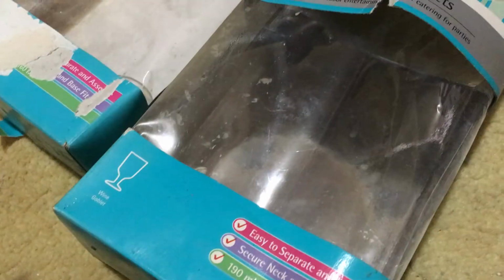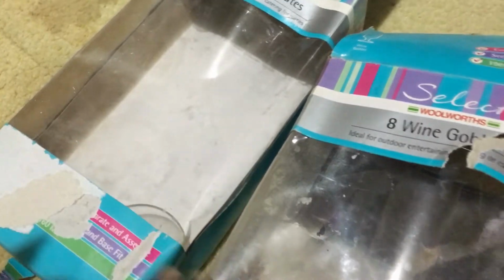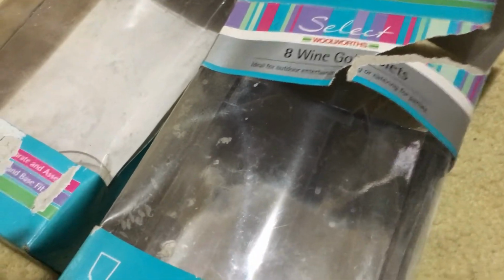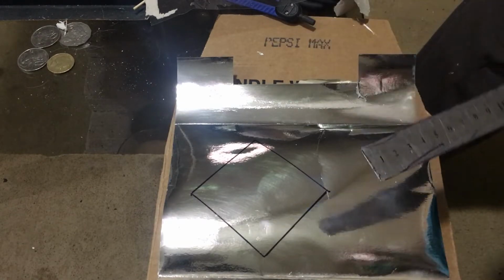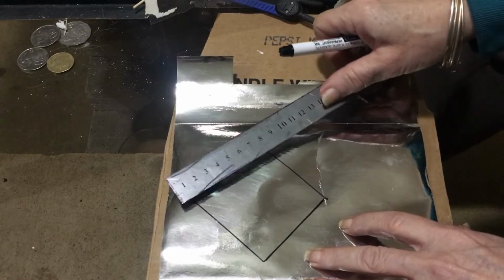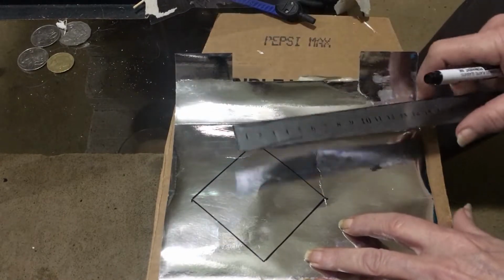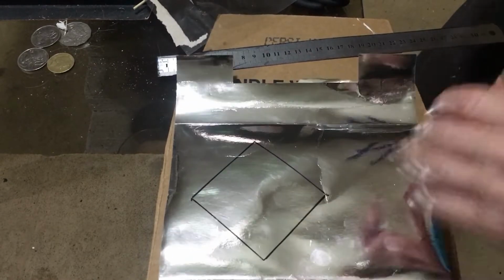I've got these old plastic boxes that have got nice windows in them, which I'm going to be using to cover my instrument panels. I'm using the silver cardboard that I took out of the boxes, and I'm just measuring my square, which I'm just doing is 7 by 7 by 7 by 7, because I want it just a wee bit larger than our original one. And now I'm going to be taking a compass and I'm setting it at 3 centimeters,